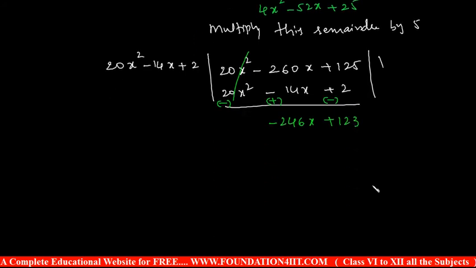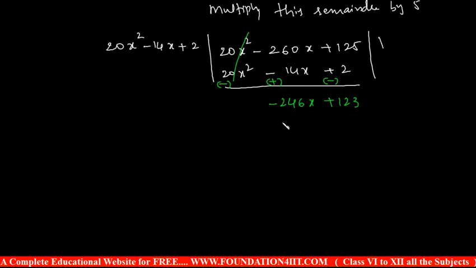So once you get this, we can take maximum common. If it's any possible, you can take common. So from this, 123 2s are 246. So I am taking minus 123 common. Then this becomes 2x, this is minus 1. So once you take the common, you can neglect that. Now finally I got 2x minus 1.